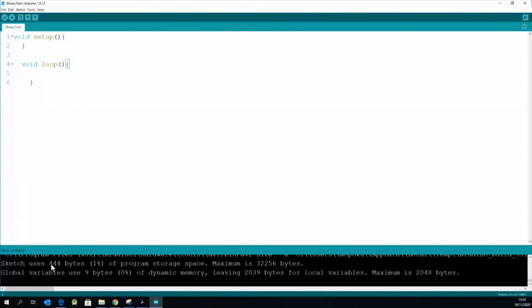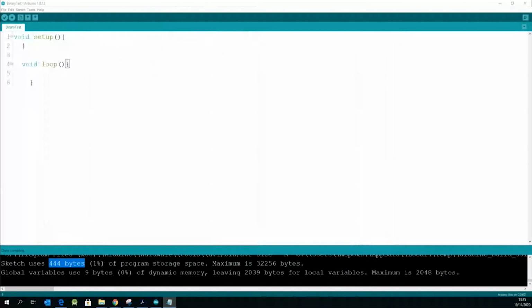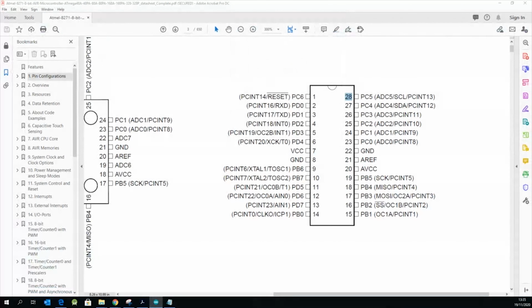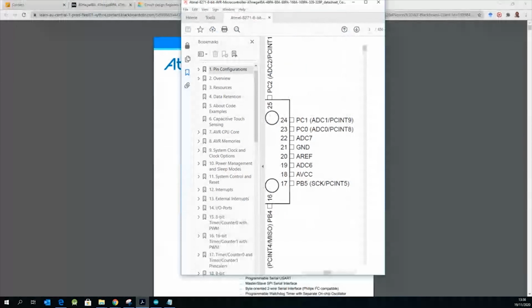Even before we make use of any tangible code, we are already using 444 bytes of memory. 444 bytes, right? 444 bytes for doing nothing really. It's just the setup and the loop, and these setup and loop functions make use of a lot of memory. So that's what motivated us to find out ways that we can start reducing the code that we write. And to do that, we needed a bit of understanding of the CPU architecture, and that's the motivation for the whole thing, or in terms of where we have gone